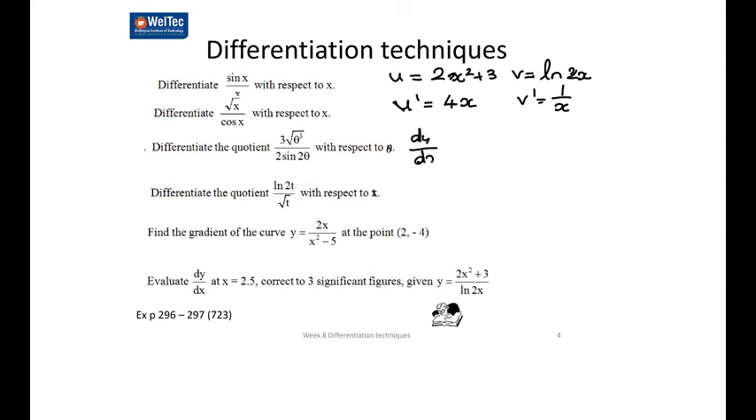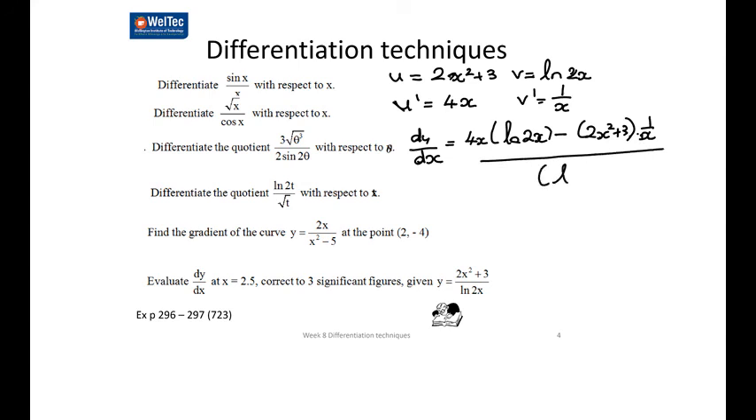dy by dx is going to be 4x times natural log 2x minus 2x squared plus 3 times v dash all over v squared